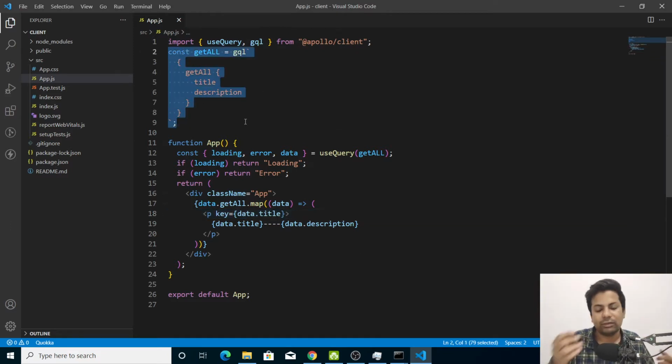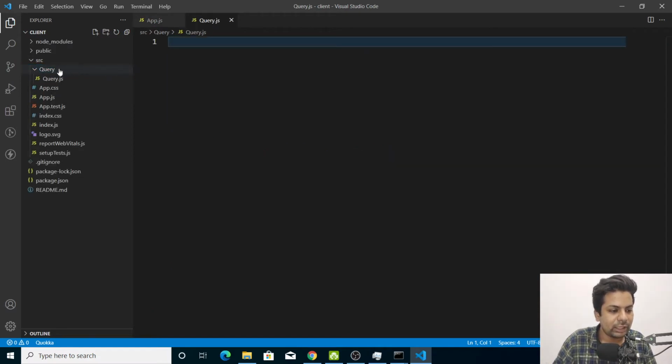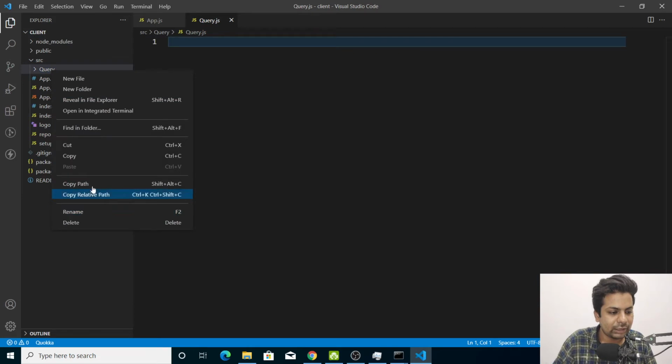So we just can't write every query here. Now you know we can't write every query, so we'll split our query into a different folder. Here we'll make a folder in src, we'll call it query, and inside this we'll make a file called query.js. Instead of naming the folder query, let me name it GraphQL. Rename the folder name